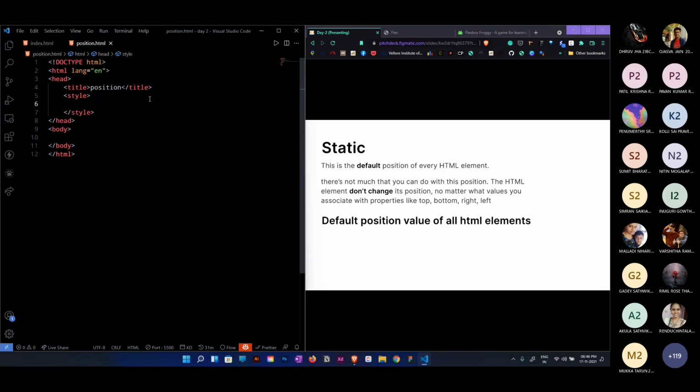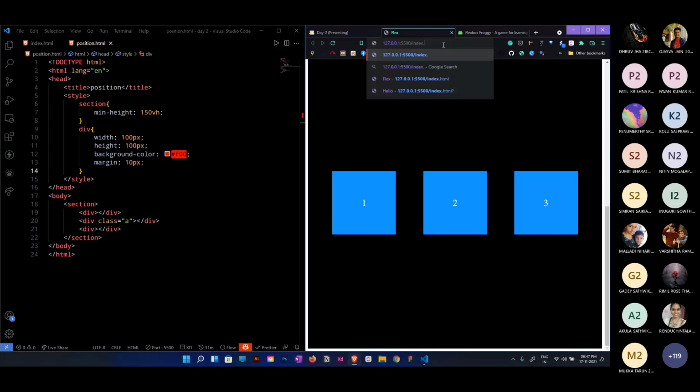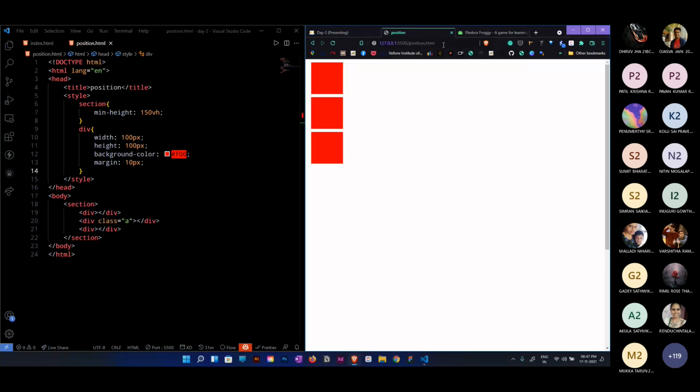Let me drop some elements over here, some boilerplate code as I did previously, and some styling just to illustrate the things.